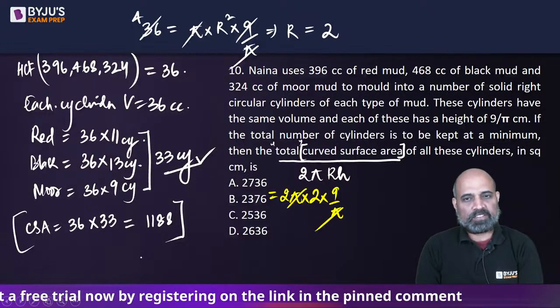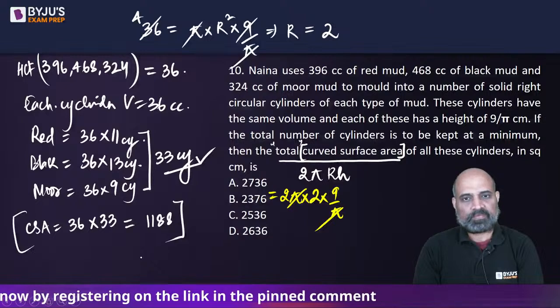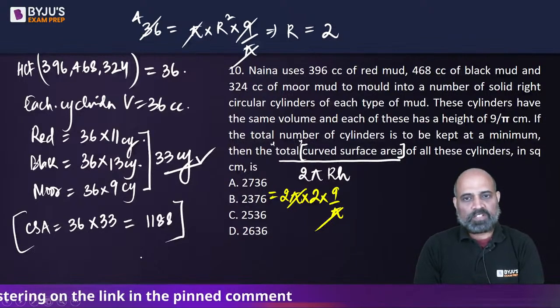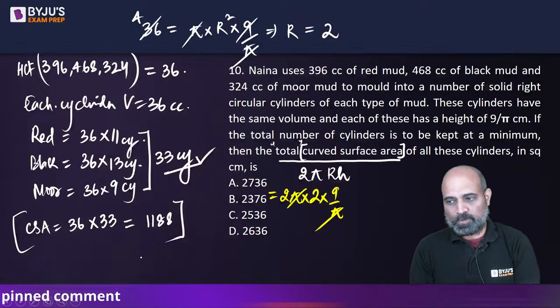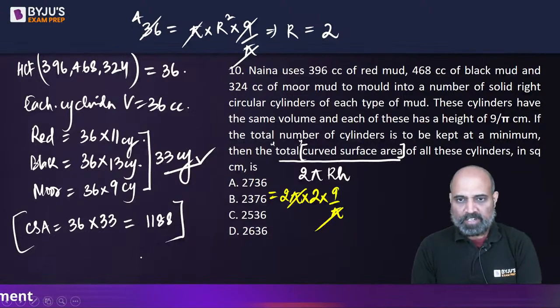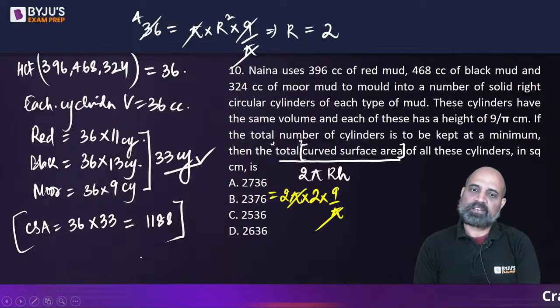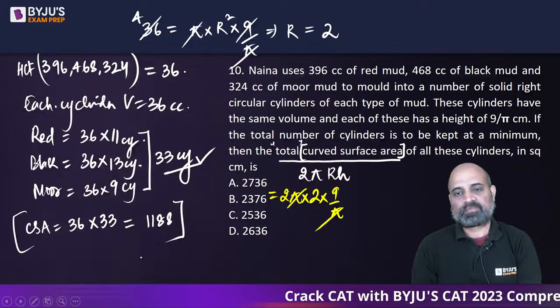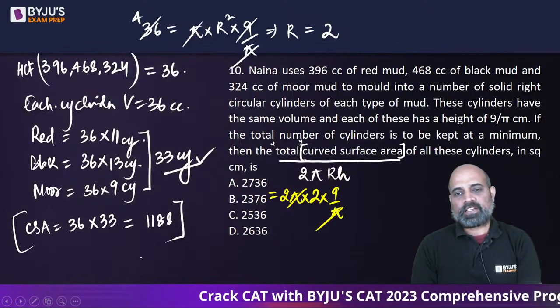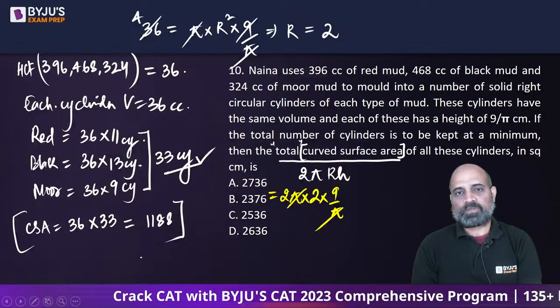Volume is 36. And the curved surface area is 2 pi r into h. h is 9 by pi. And if I take 9 by root pi, so this is going to be